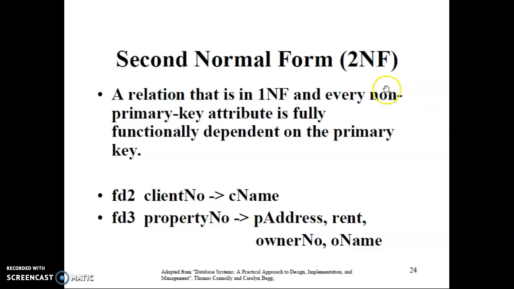It should be in first normal form first, and then we are removing all the non-primary key attributes. Non-primary key attributes, in the sense, all right hand side attributes should be fully functionally dependent on the left hand side primary keys. That is the second normal form rule we have